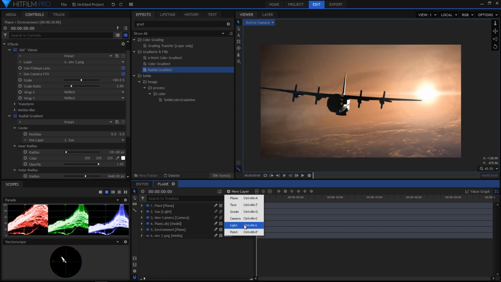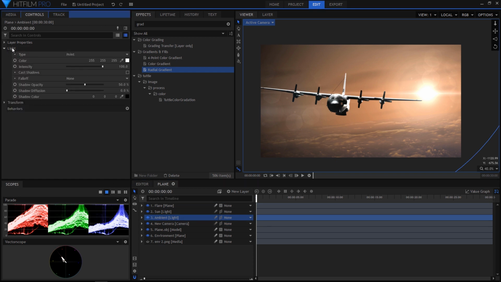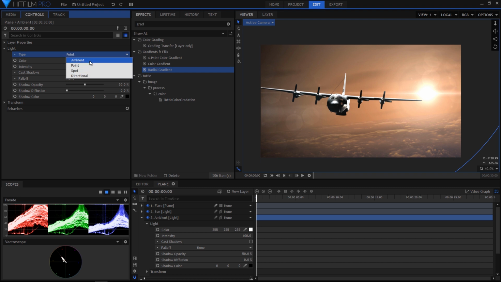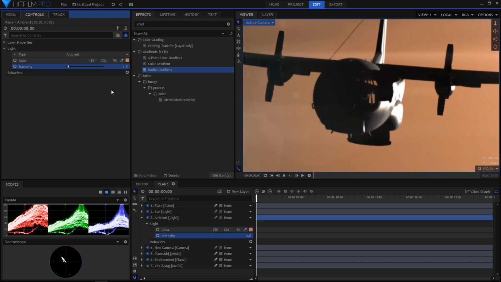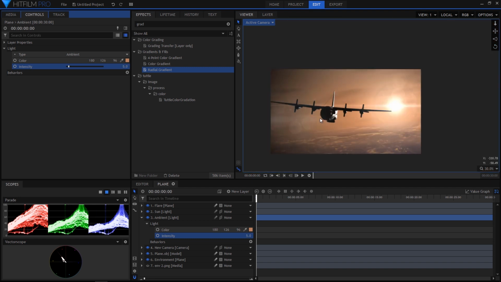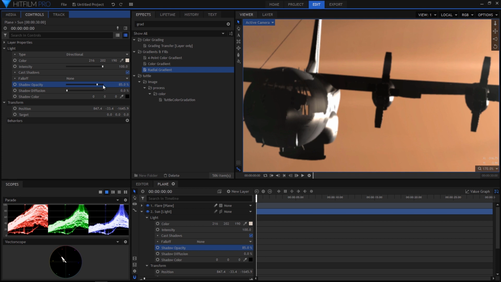Alright, let's add a new light. This one will be our ambient light. Let's call it ambient. Put it below the sun layer. And yeah, let's change it from type point to ambient actually, and decrease the intensity. For this you can just drag and drop the color of the background again, maybe something like this, and decrease the intensity a lot, so we will just get a little bit of detail using this light. Just a little tiny bit, like this. Let's go into the sunlight again and decrease the shadow opacity a tiny bit. Not much, just a very, very tiny bit.